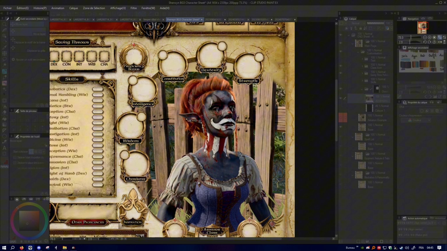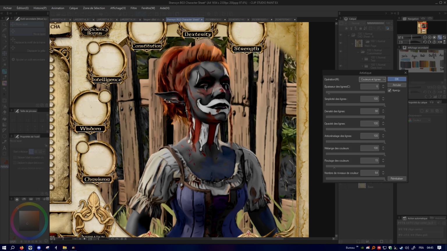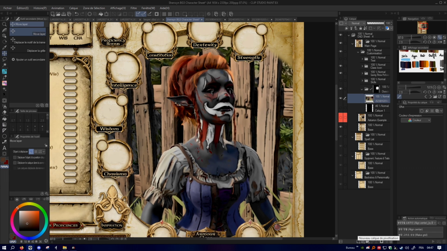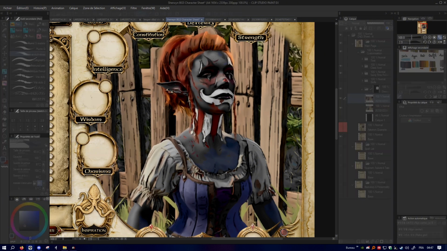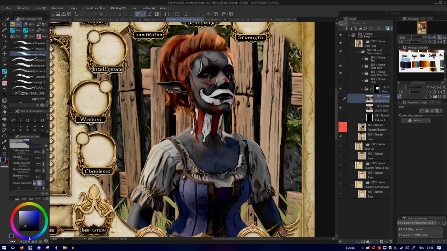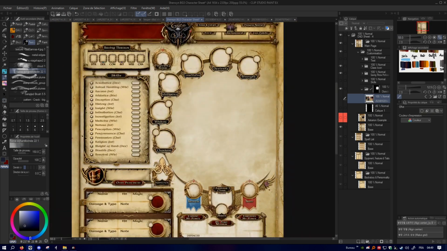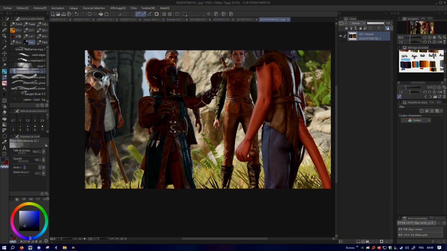So you go to Clip Studio Paint, Filters, Effects, Artistic Effects, and you choose the option to work with both lines and colors and play around with the settings to make it look closer to the official sheet's portraits. With that base you can play with the colors, the values, and even extend the background if you want. You can also delete parts to make it look like it's painted on the paper. Anything you like. Be creative. Let's go for real this time.